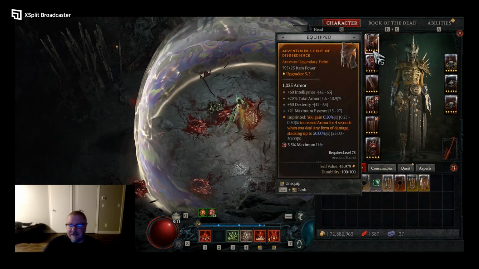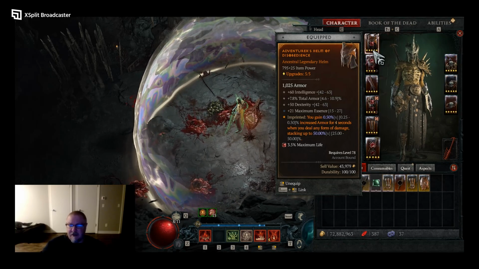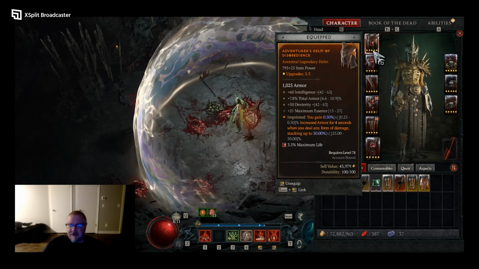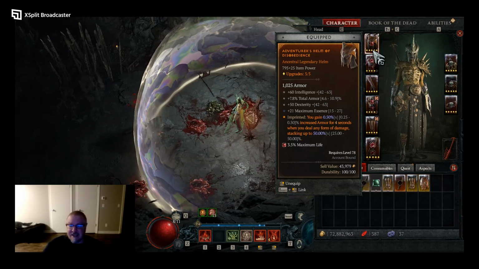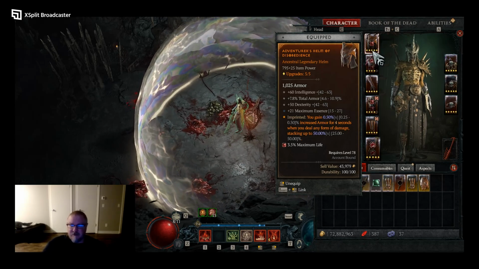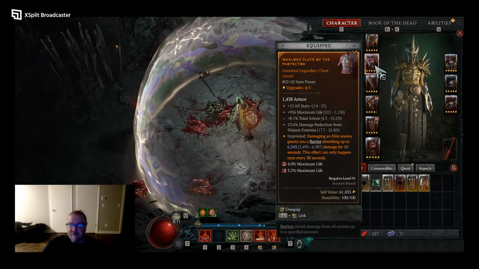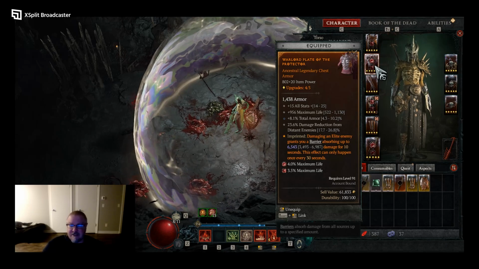The helmet has intelligence, percentage to armor, dexterity, and maximum essence. The aspect is increased armor for 4 seconds when you deal any form of damage and stacks up to 50%, which is really good. The chest has all stats, maximum life, percentage of total armor, damage reduction from distant enemies,